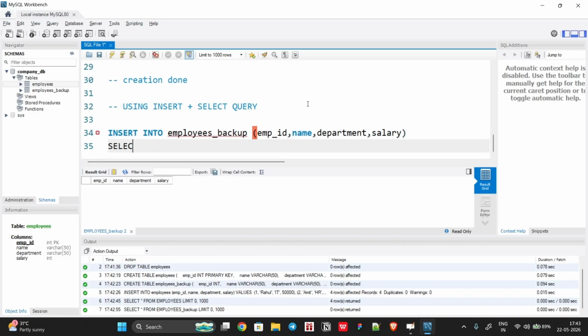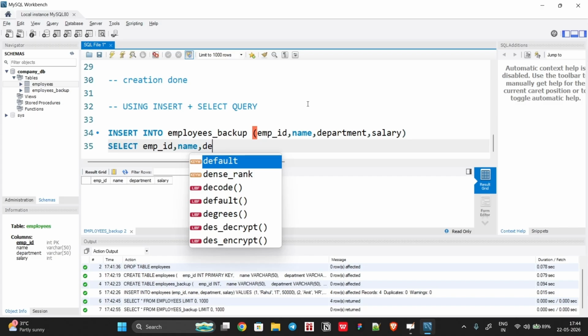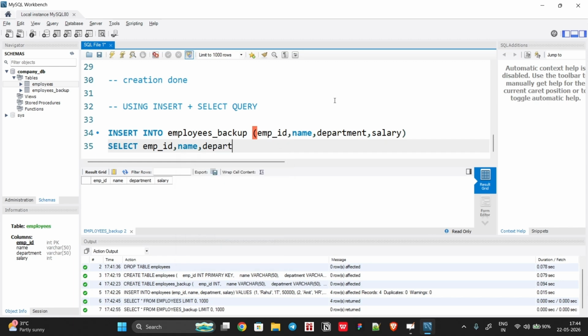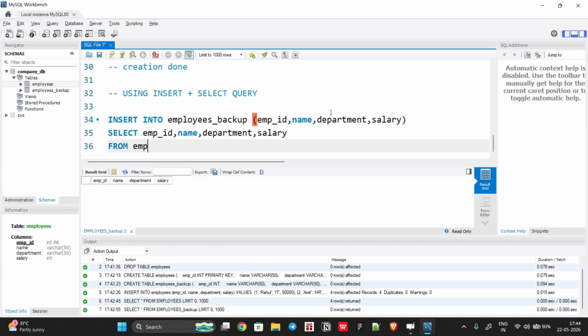Then I will select employee ID, name, and listen, the column names could be different, but the data type has to be the same. Suppose in the original table it's name, but in the backup table you have kept it as backup name, something like that. That does not matter. But the chronology, data type, everything should match. From employees